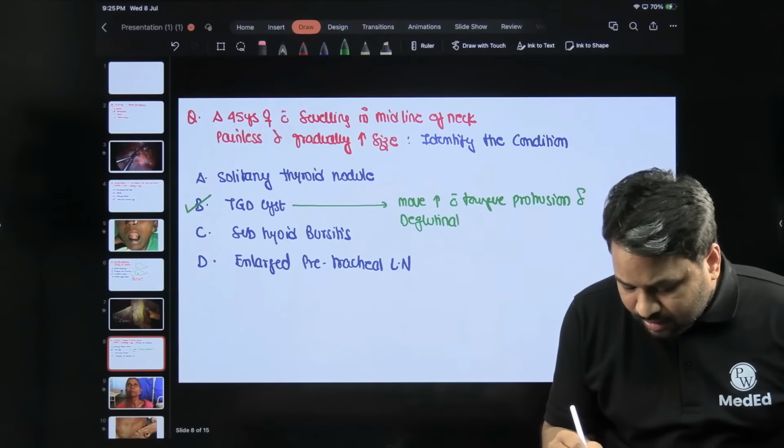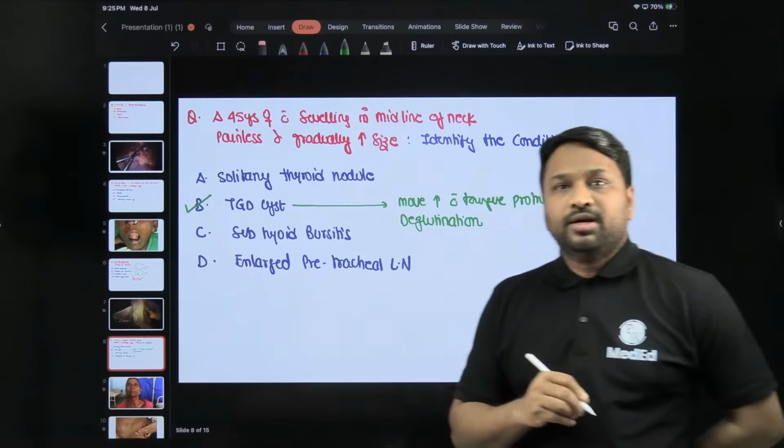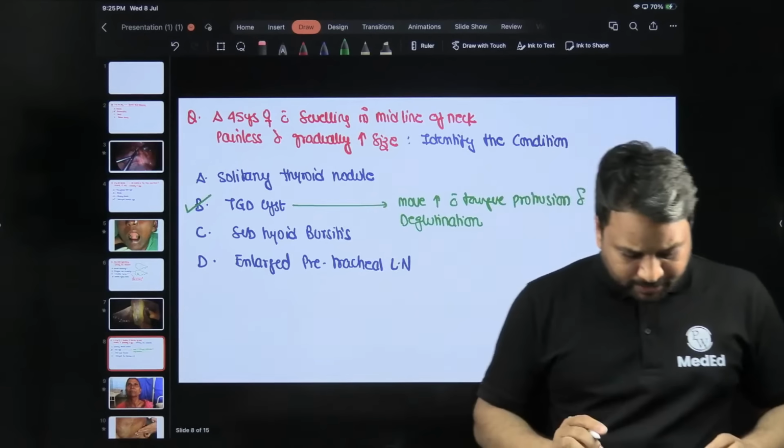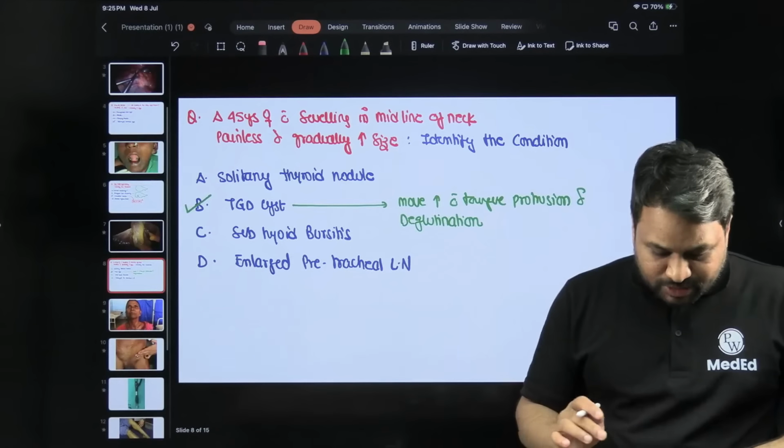And deglutination. So the answer is thyroglossal duct cyst. Absolutely correct, right? Now, let's go to another question,